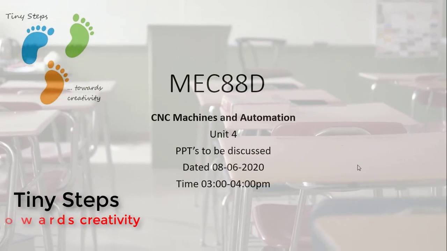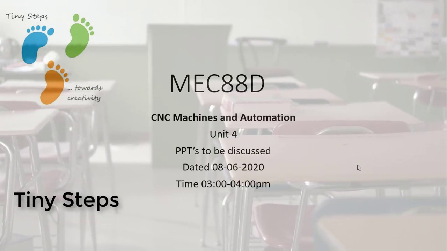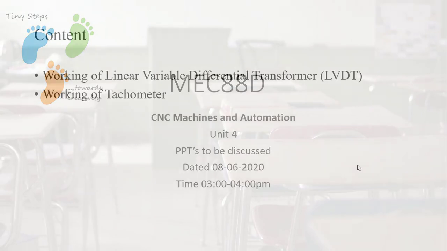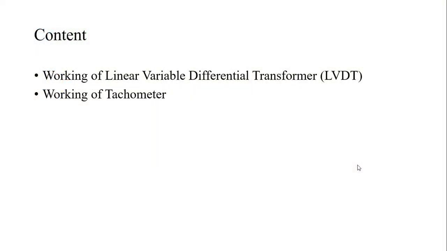We have been discussing the system devices. In this series, we are going to discuss the major important system devices which make the CNC automated. The first one is the linear variable differential transformer. We'll discuss its working. It is simply called LVDT. You can easily understand this when you go to any shopping mall or complex that has a metal detector at the entrance. How that works depends purely upon the LVDT, the linear variable differential transformer.